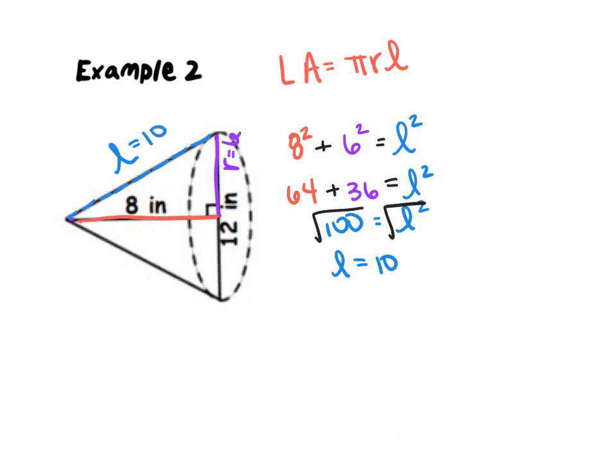So now that I know r and L, the lateral area is just equal to pi times r times L. And this is just equal to 60 pi. I'm going to leave it exact now because I want to go find the surface area. And recall, to find the surface area